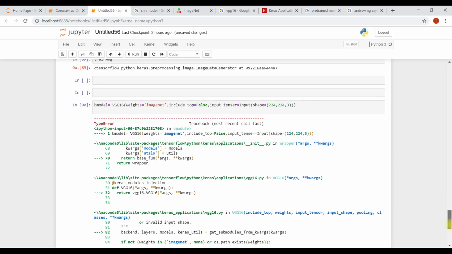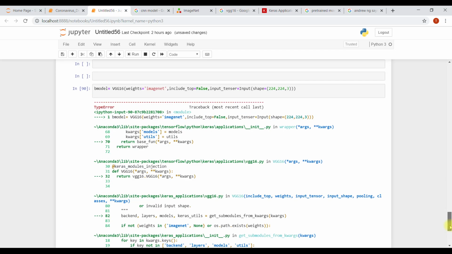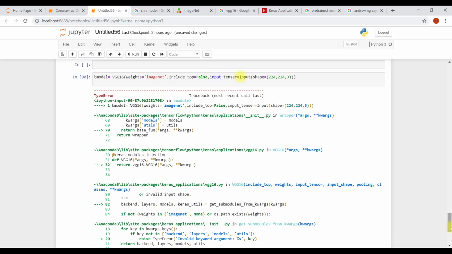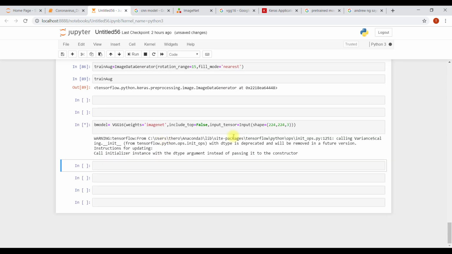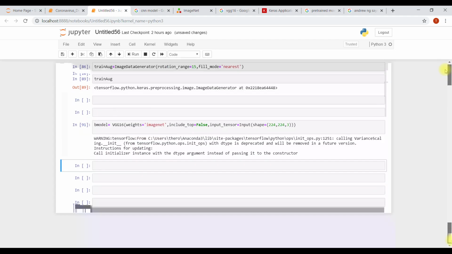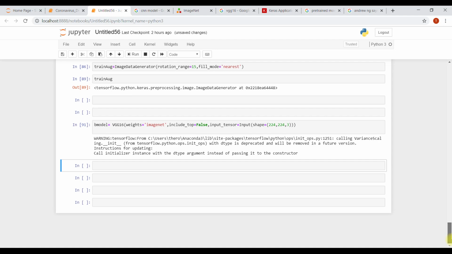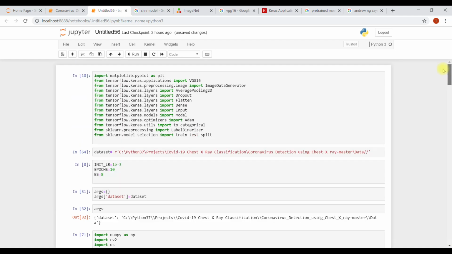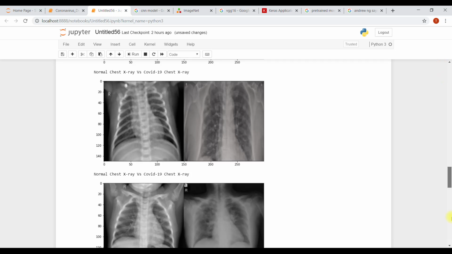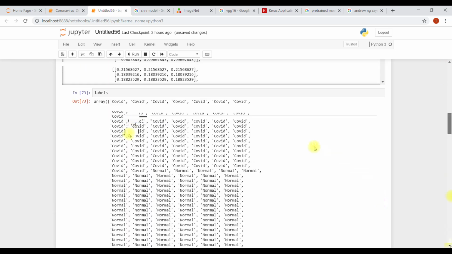Yes, I've already put the input. Okay, base model is there.